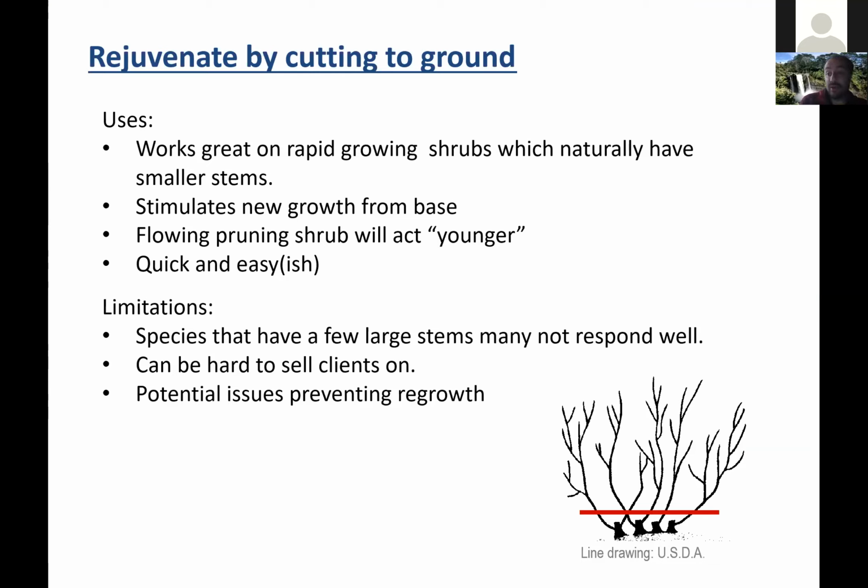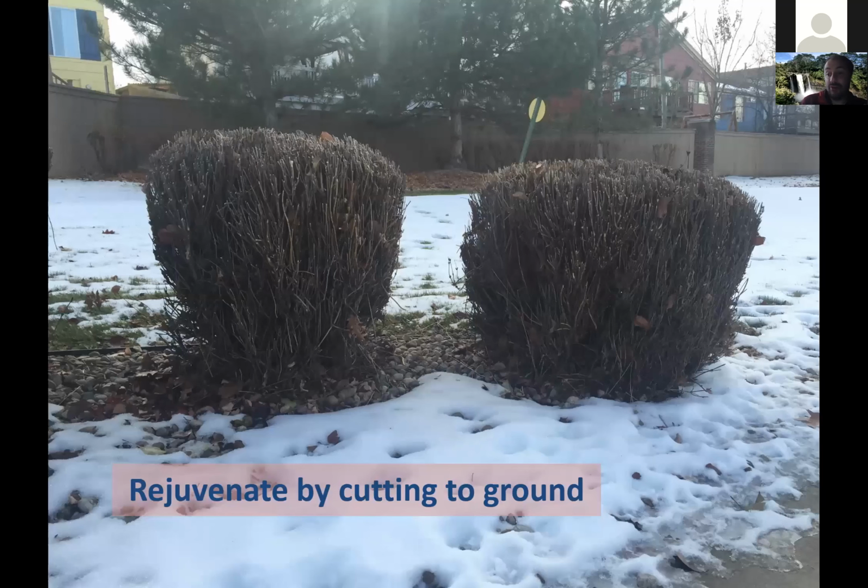But if you want to take a shrub like these, which have this really unnatural shape, and make them look natural again, rejuvenation is about your only option, because if you just quit shearing them, they're going to look like troll dolls, right? Like this dense mat with a bunch of hairs up top. So it's good at taking an overgrown or improperly pruned shrub and making it look normal again. But again, if you only have a few stems, or you have landscape fabric like in this photo preventing suckering, rejuvenation may not work really well. If you just have a lot of rock mulch, even without landscape fabric, it may interfere with regrowth.